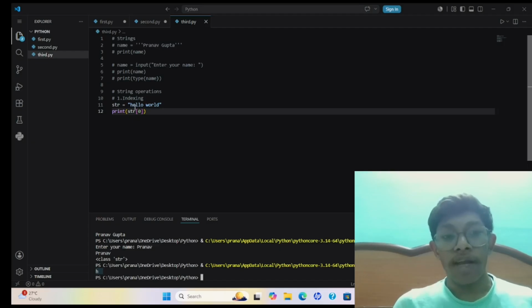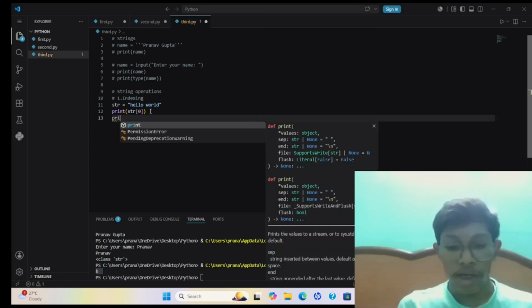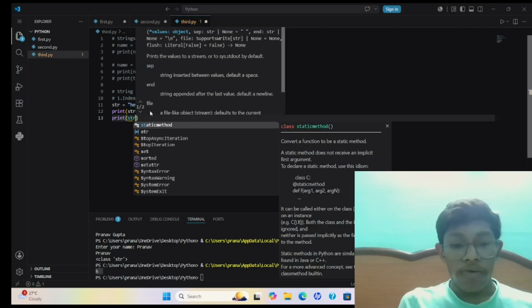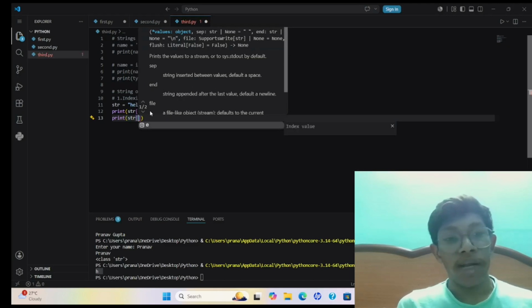So h would be given the 0 index, e would be given the first index, l would be given the second index. So indexing is done in this way. Now if I have to print the character at index 5, for that first I would write print and then the name of my string, which is str, and in square brackets I would be writing